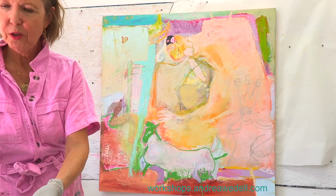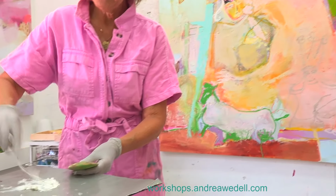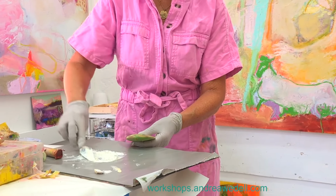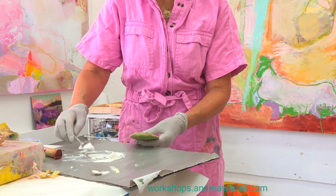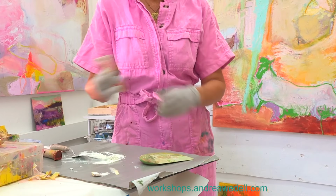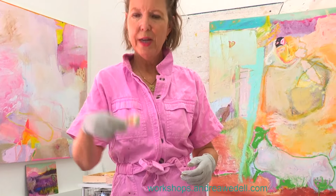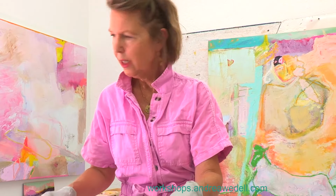So let's jump in. What I've done here, I'm working with my RNF pigment sticks. This is not cold wax. This is just pure oil. And what I really like about the RNF pigment stick is I don't have to fuss with a tube. I don't really have to fuss with brushes. I can mark make with it. I can get it on with tools like this. I can use